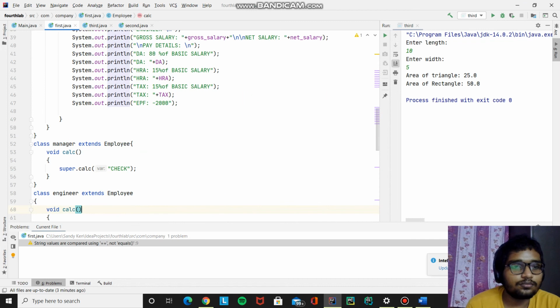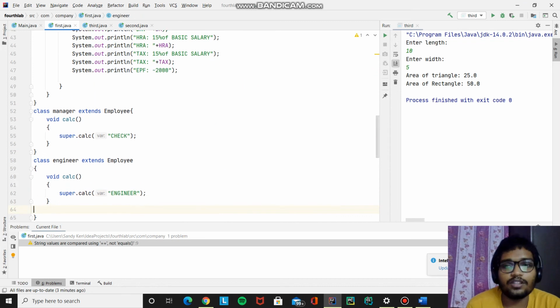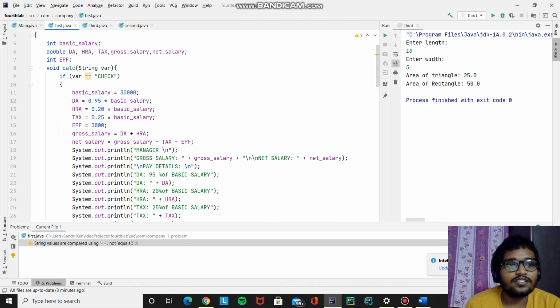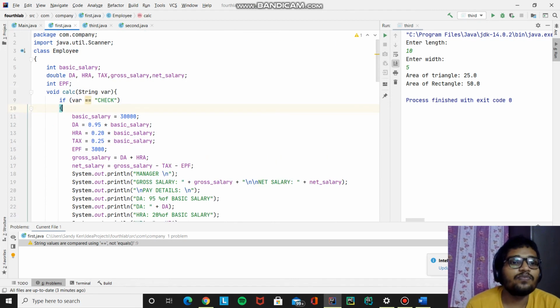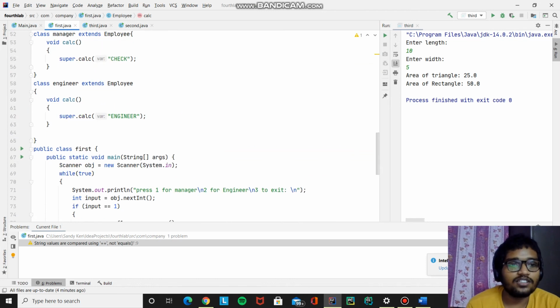First, we can assume a manager and engineer as two child classes of a parent class, that is employee. Here we can see the parent class is employee, and these are some basic variables that have defined inside the class. Now we're going to see how method overriding works using inheritance. Now we'll start from main function below.